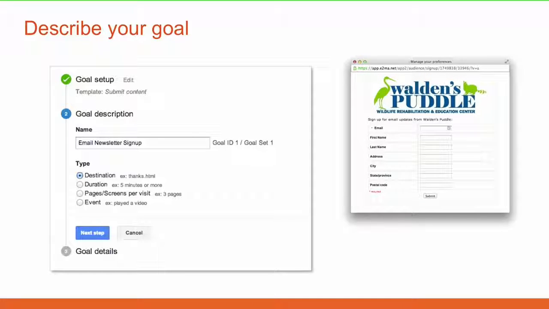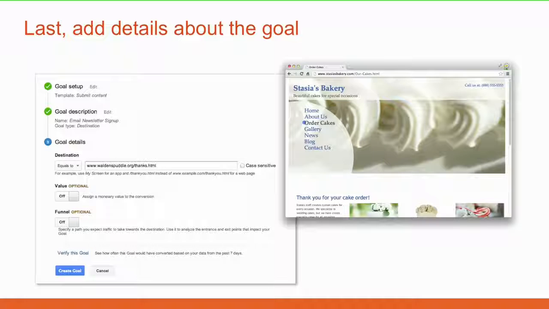So that's step 1. The second step is to give a description for your goal. So in this example, we're going to make it an email newsletter sign up, and then the type of the goal is going to be a destination, meaning that they got to the thank you for signing up web page. Then I click Next Step, and the last part here is to put in some details about the goal. So in this case, if I was sending them to a web page to track, I would put that final destination URL in as the way to indicate that a visitor had come and completed that goal. I hit Create, and voila, I can magically start tracking in Google Analytics whether a visit has resulted in that